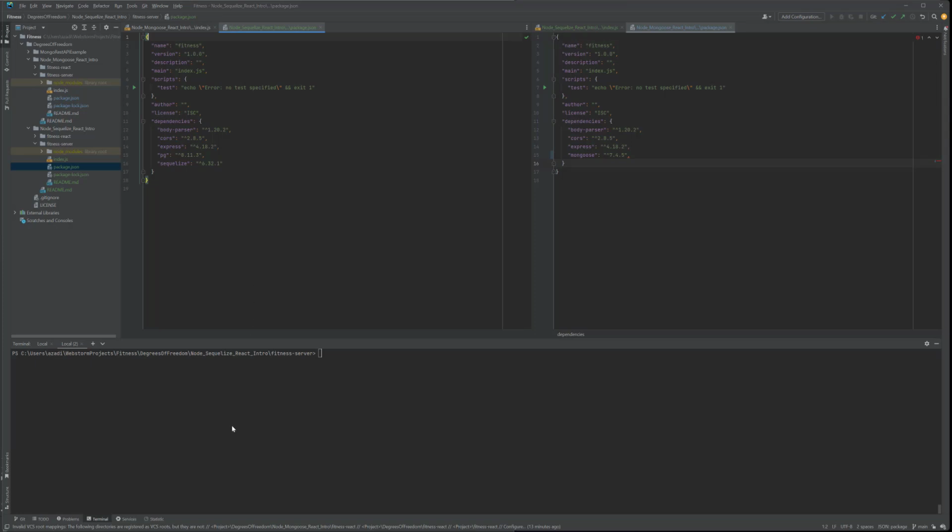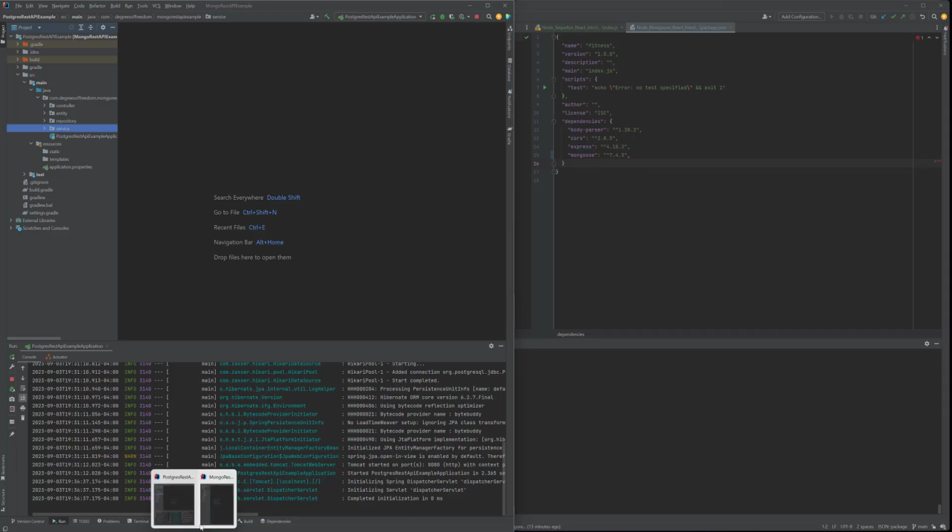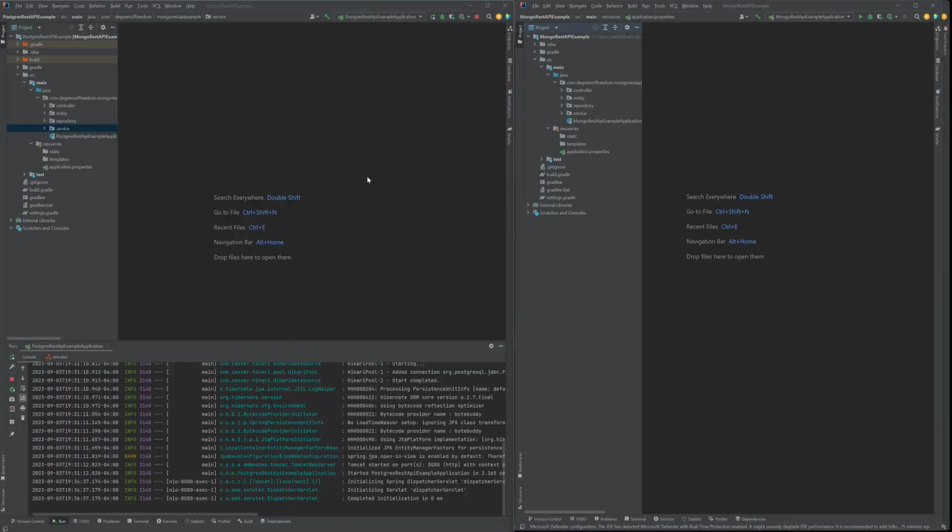So, changing gears, we're going to jump over to Java. I'm going to open both windows here. We have basically the identical structure. What I did was copy the Mongo REST API program, rename it Postgres REST API program, and otherwise, the entire